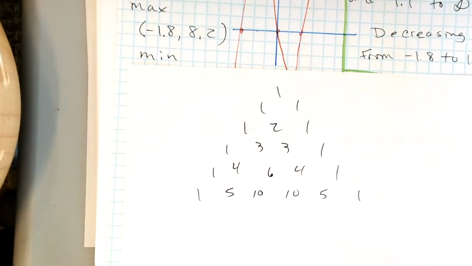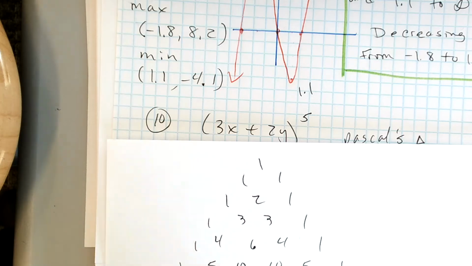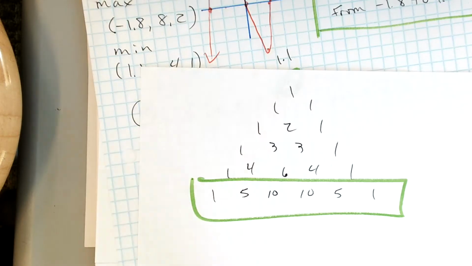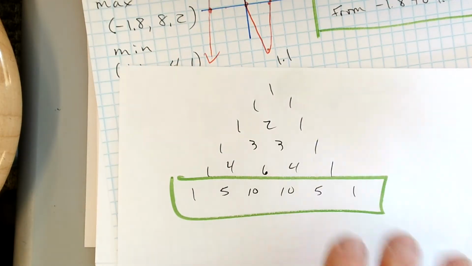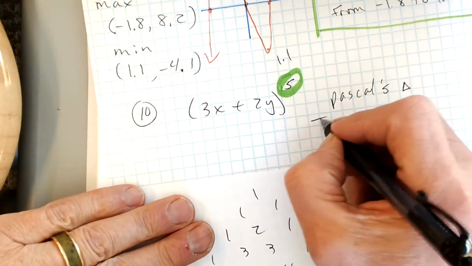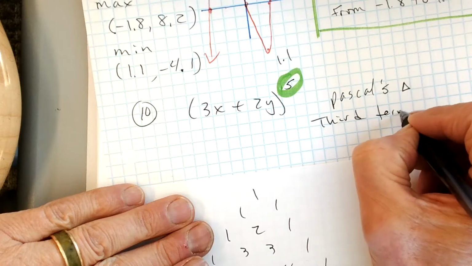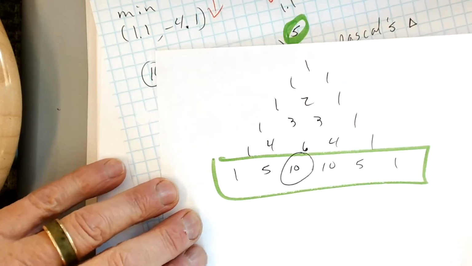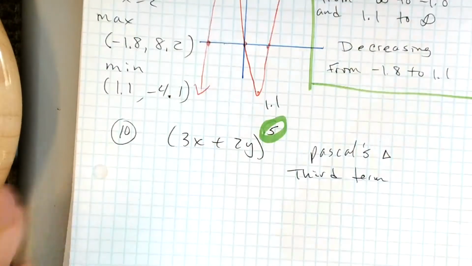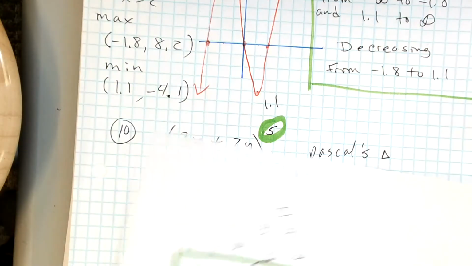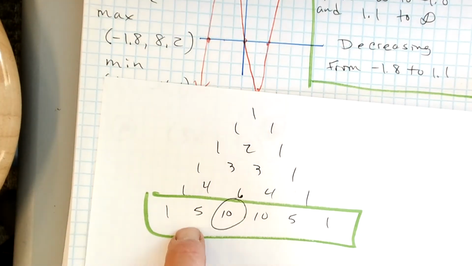Okay, in this case, I want the 5th row of Pascal's triangle because of the 5th power. So I want the 5th row of Pascal's triangle. And which term do I want? The 3rd term. So I'm going to have my 1st, 2nd, 3rd. So I need the 10. So I'm going to put down the 10. Start with 10 from Pascal's triangle. Put a 10 down. And then if I count from my Pascal's triangle, 5th row, a^5, a^4, a^3,